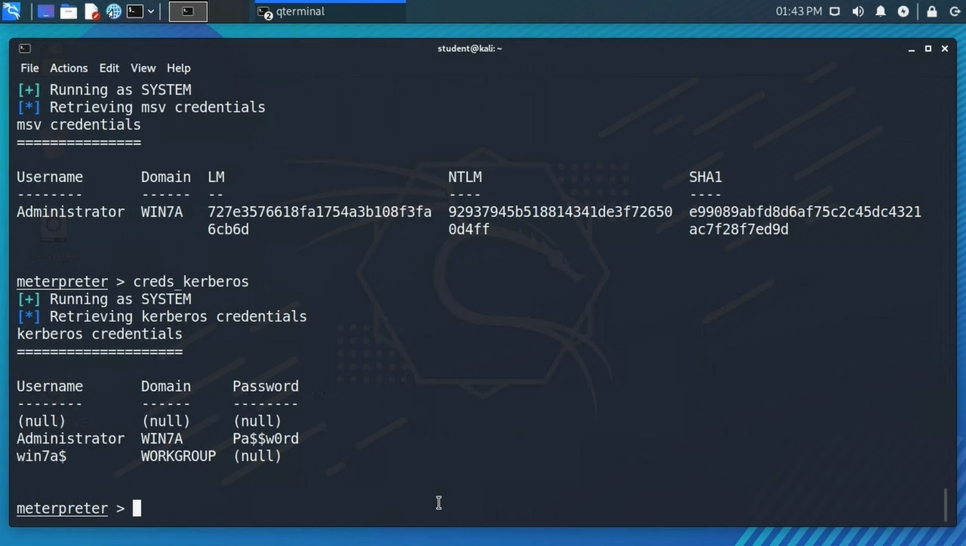So now I'm collecting information about usernames and passwords that are still stored in memory on this target system. So I can see there's a username called administrator on Win7A with a password, a capital P, a $$ W0RD, which is awesome. Now, the other thing that we can do as well is we can dump the entire SAM